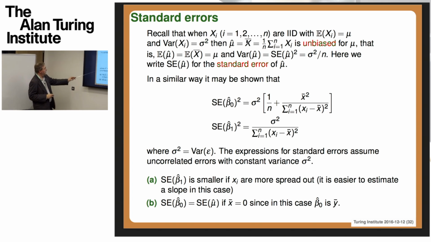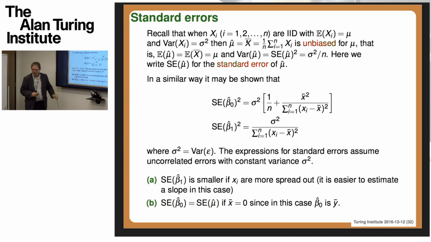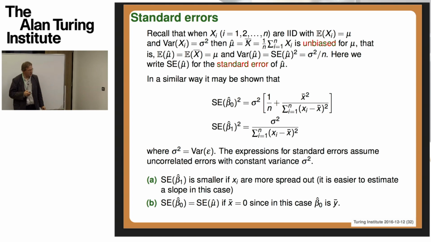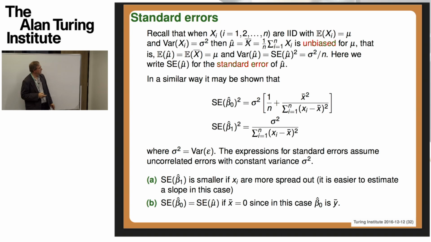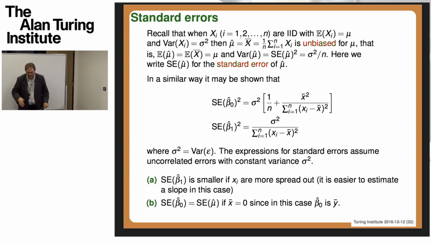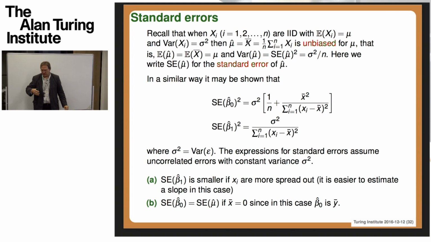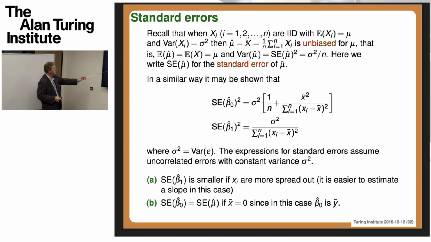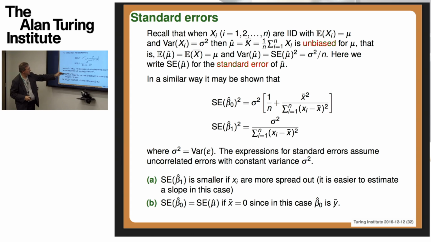They turn out to be given by these formulas here, which a statistics textbook would tell us how to obtain. But if we look at those formulas, they do sort of make some sense, do they not? Because let's take the second one. It's saying the standard deviation squared, so the variance of the beta 1 parameters averaged over many fitting instances, is given by this formula: sigma squared, where sigma squared is the constant variance for the errors, divided by this quantity.